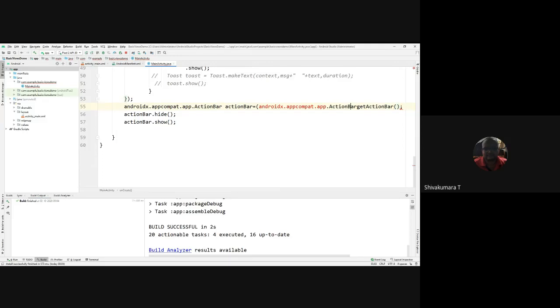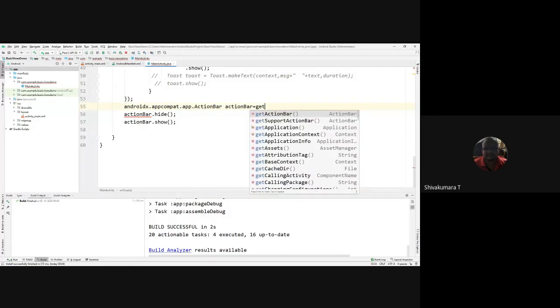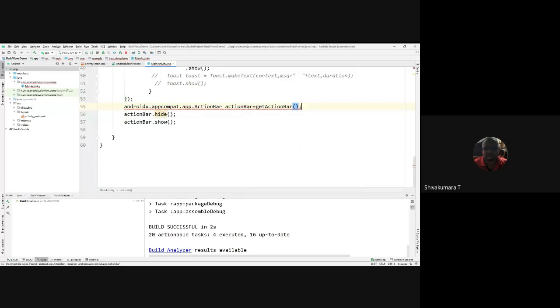Some of this differs in the variation of the versions. We need to look into the different variations. Get action bar. Some error is being thrown. Change variable name action bar type to action bar.